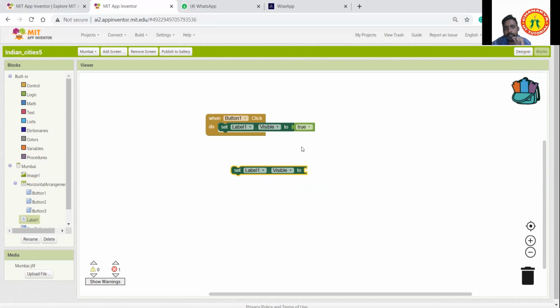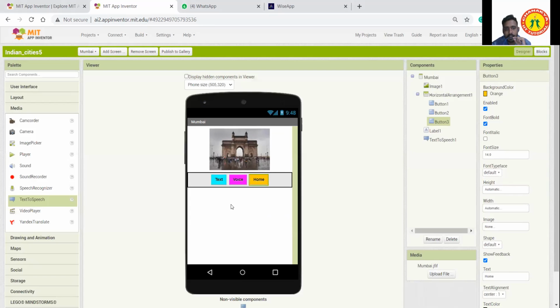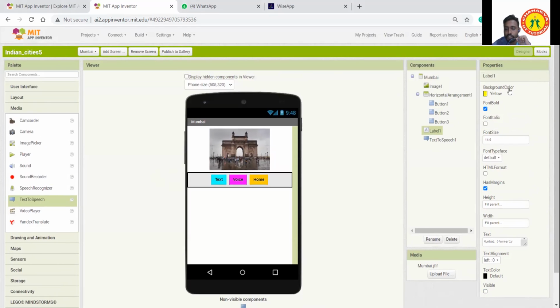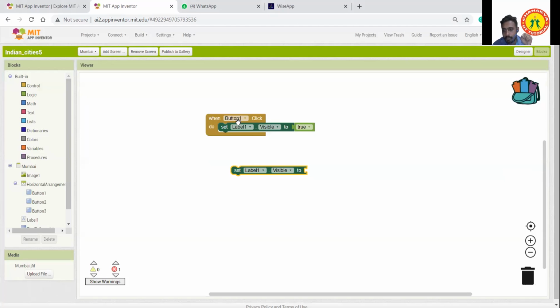Why are you placing visibility true? True means on. Here, can you see label 1? I am clicking label 1 and I have already made it invisible. This is label 1, this is the text inside the label. Initially we made it invisible. Here through coding we are going to make it visible. If I click button 1, the visibility is going to set label 1 visibility true, on. Simple. Yes, sir. Okay, done.